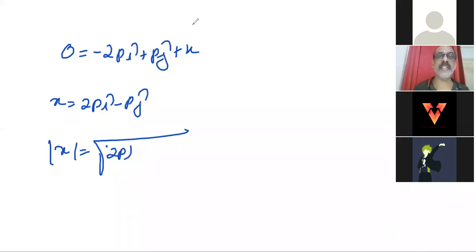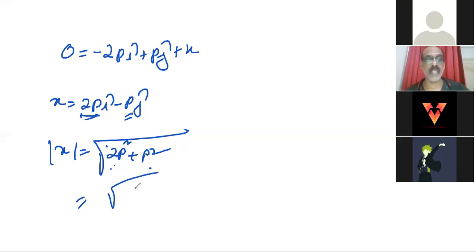2p squared, right? Two p squared plus p squared. This is a single term, 2p squared plus p squared, right? They have taken 2p plus p, 3p. It's not 2 squared p squared. 2p is twice of p, right? So they have taken it this way. That's why that answer is coming like that. 3p squared. Then they're taking the root 3 of p. That's why that answer is coming there.